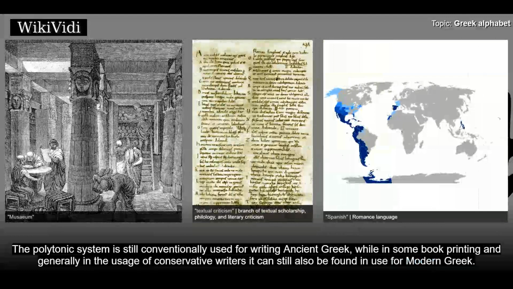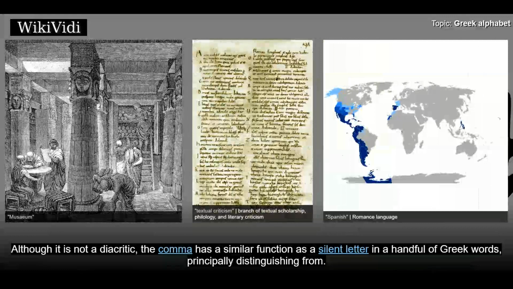The polytonic system is still conventionally used for writing ancient Greek, while in some book printing and generally in the usage of conservative writers it can still also be found in use for modern Greek. Although it is not a diacritic, the comma has a similar function as a silent letter in a handful of Greek words, principally distinguishing from